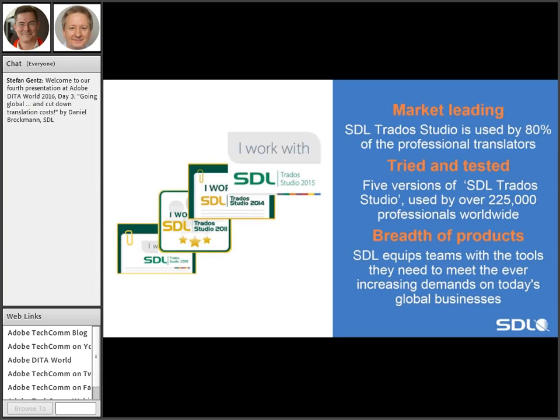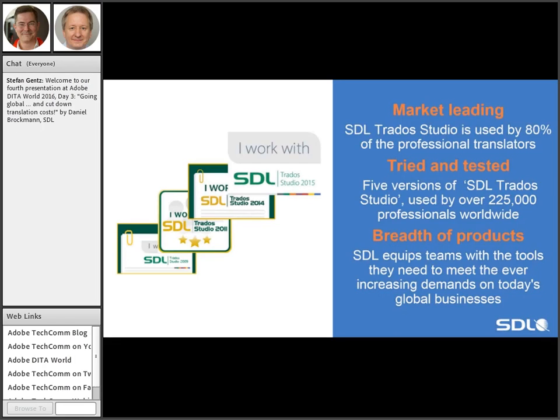So if you take a close look at the left-hand side, those of you that have eagle eyes will probably see that we just have 4 logos there, but we actually are about to release our 5th generation of Studio, which we call Studio 2017. And so this is why I'm referring here to 5 versions that are used by over 225,000 professionals worldwide. That's a very large number when you take a look at the entire number of translation professionals worldwide, which is maybe around 500,000,